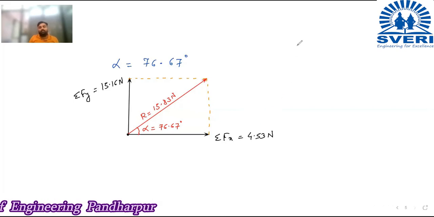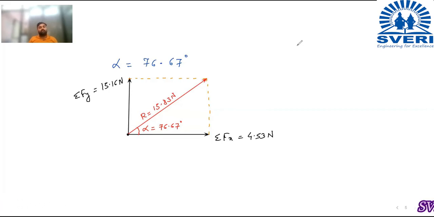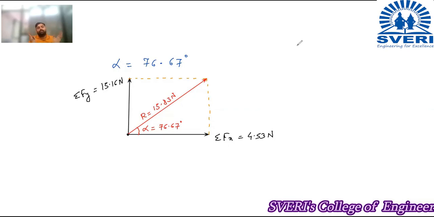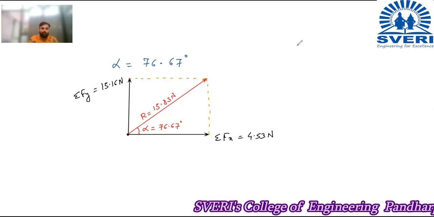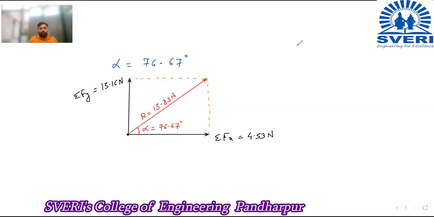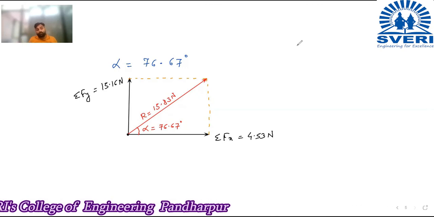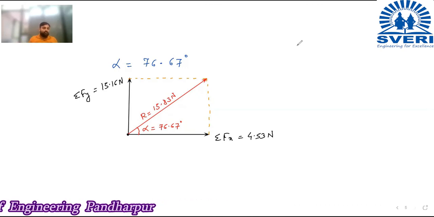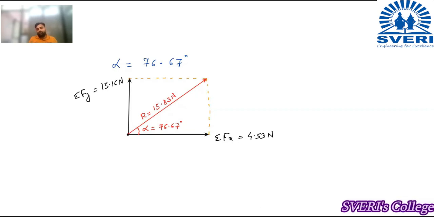So now I think you came to know how to calculate the resultant of a system of forces. When a number of forces are acting on a body, by the analytical method, the resultant can be calculated. This is known to you now. The formula to calculate R is also known to you. How to calculate alpha, I have also told you. How to resolve the force is also known to you. So now I think you can solve a number of problems based on this once you understood the concept. Now we will move to the next bit, that is our moment of a force.